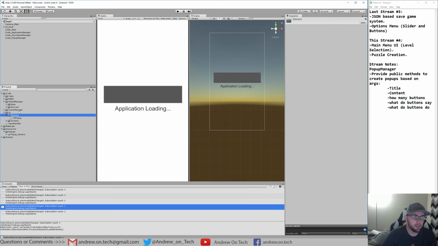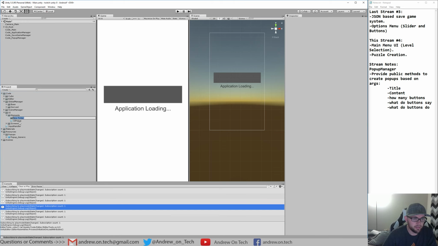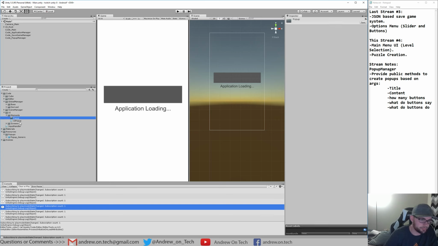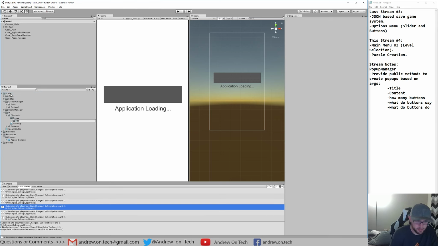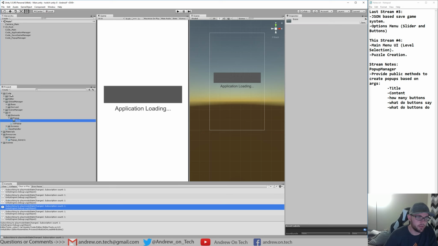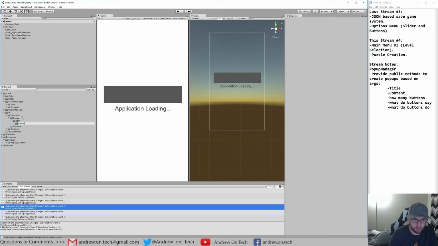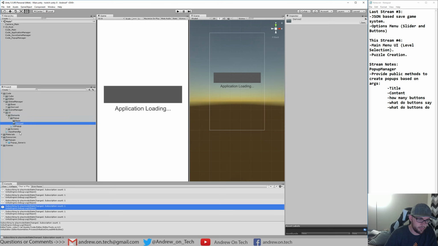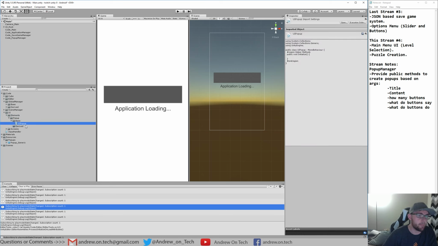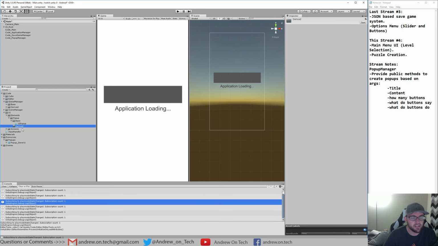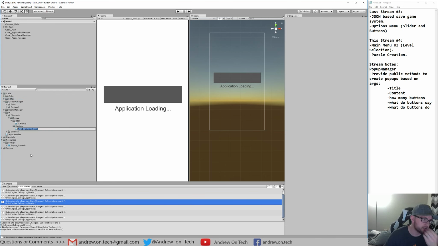So first of all, let's rename this elements, because there's more than one element. And then we're going to create a folder inside of there. We'll call this Popup. And then we're going to create another folder. Call this base. We're going to create another folder, Derived. That folder goes at this level. So we're actually going to use this UI Popup as our base class. And then let's create some different pop-ups. Let's create our only pop-up that we have now, which is the generic pop-up. But let's call it UI Popup